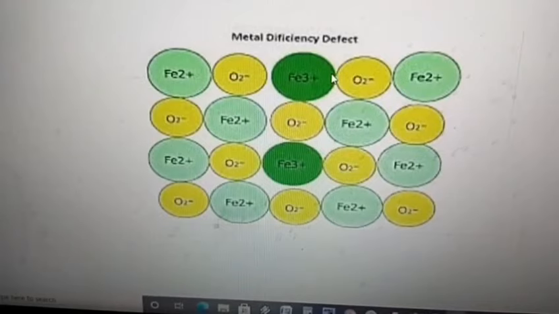For insulators, it is 10^-20 to 10^-10 ohm^-1 m^-1. And for semiconductors, it is 10^-6 to 10^4 ohm^-1 m^-1. So based on the conductivity ranges, for metals the conductivity is high, for insulators it is very low, and for semiconductors it is medium. So now, how does electricity conduct through metals?